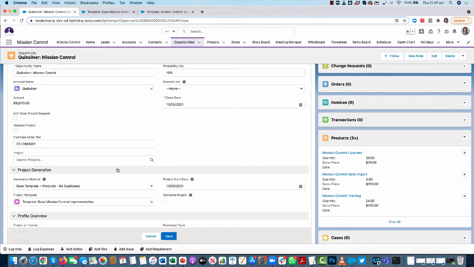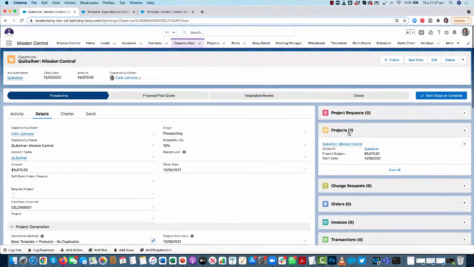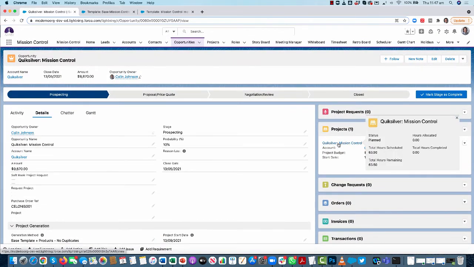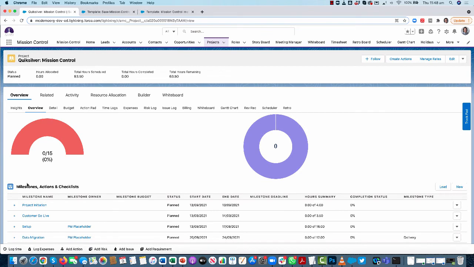So for example here, I've chosen the product, base template and products no duplicates method, and I've set my base template. So I'm going to just generate my project now. The project gets created. Now if I click into that, what we'll see here is it's created everything from the